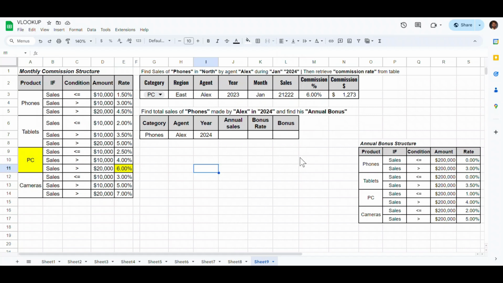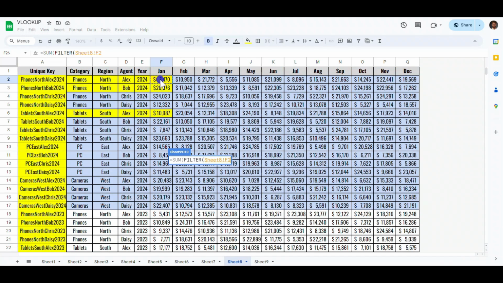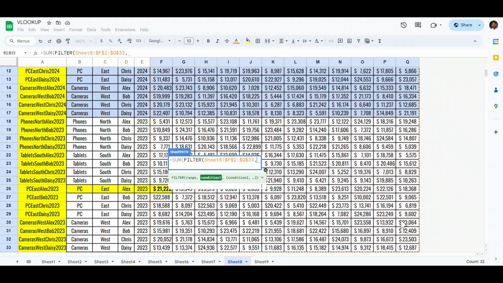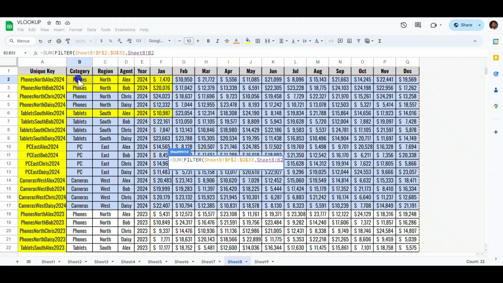And we can use the same logic to calculate our annual bonus here as well. I'm not going to solve this problem here. I will just show you how to bring the annual sales value based on these 3 criteria here. So here we are going to use the sum and filter function inside of the sum. So in the range, I'm going to choose all of these values because this is our sum range. Fix that. In the condition 1, we just want the phones here